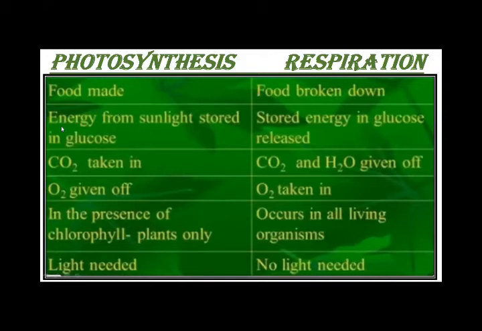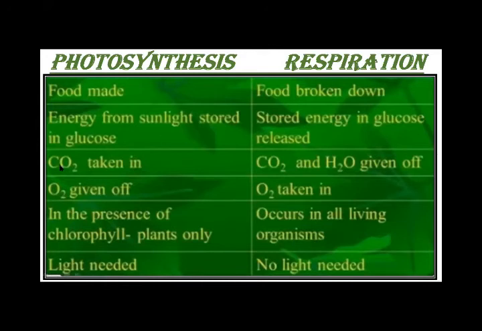Second thing is energy. Energy from sunlight is stored in glucose. As we all know, at the end of the reaction of photosynthesis, glucose will be formed, and this glucose will be used as our energy, and it is in stored form, in the form of starch, when the photosynthesis process occurs. But when respiration is done, this stored energy, this starch, this glucose is released to give out energy. This glucose will be broken down to release energy, and this energy will be helpful for the plant. Maybe it is useful for the growth process, to stay alive, or in other different